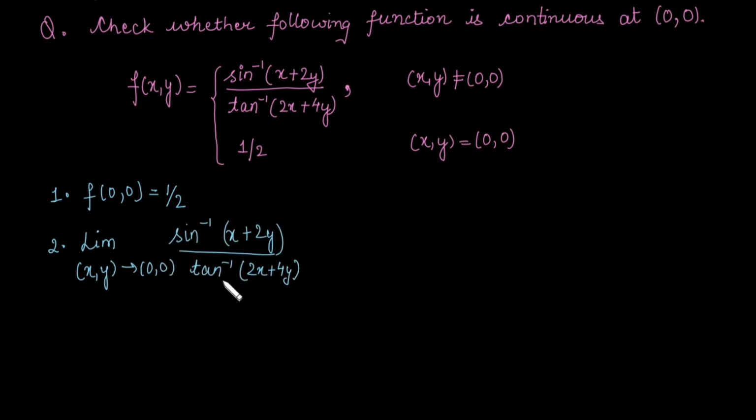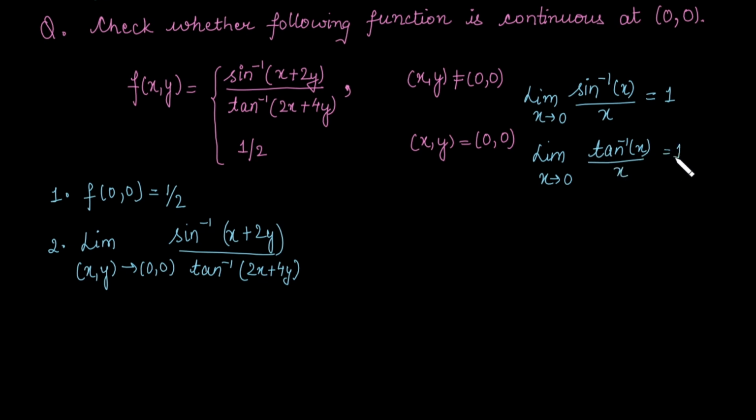Now, in order to find this limit, we need two results. In one variable, when we are taking the limit of sine inverse x by x as x approaches to 0, this is always 1. And the same result we have for the tan, that is the tan inverse x by x. This is also equal to 1. Same result we can apply in this case, but for that we need to convert this two variable into one variable. So let